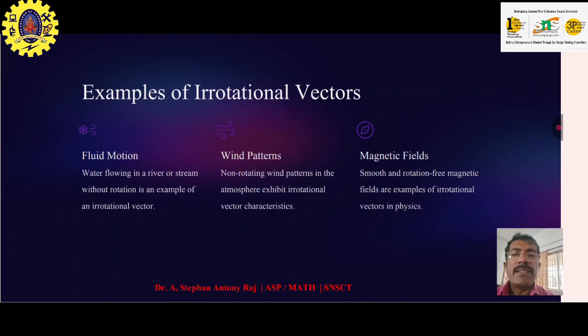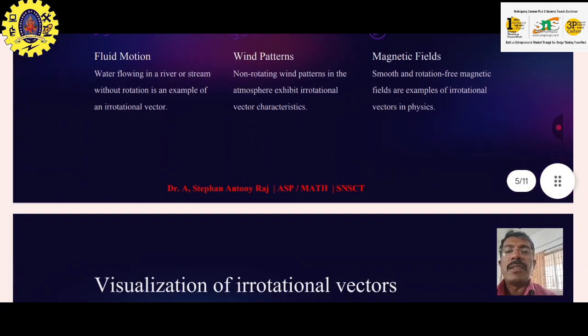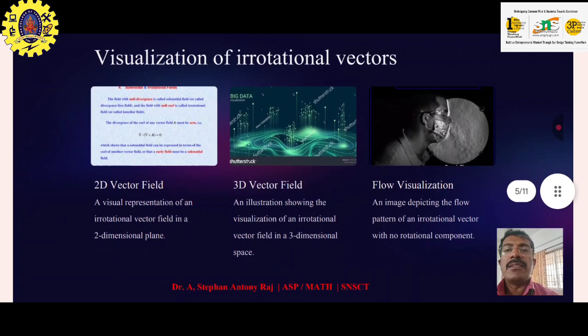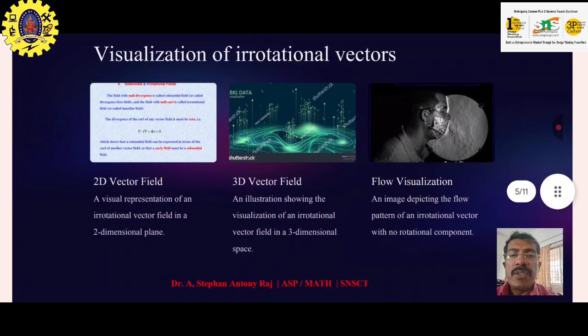Magnetic fields are another example: smooth and rotation-free magnetic fields are examples of irrotational vectors in physical concepts. The next important idea is, as we discussed in divergence, even in the concept of curl,